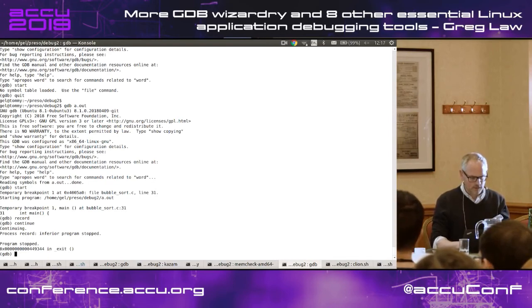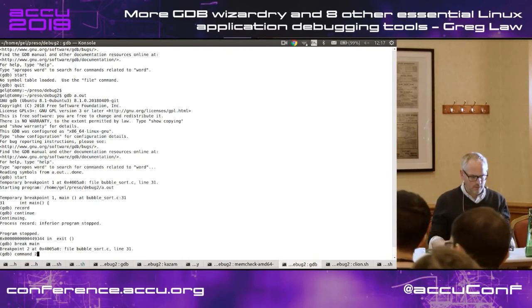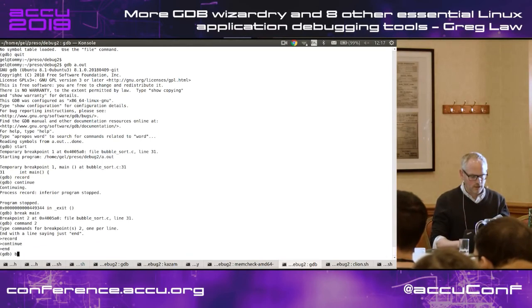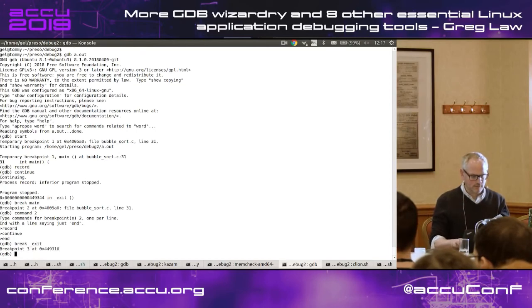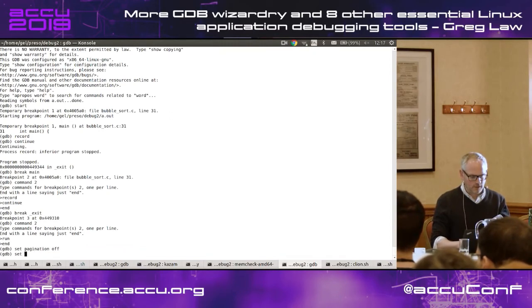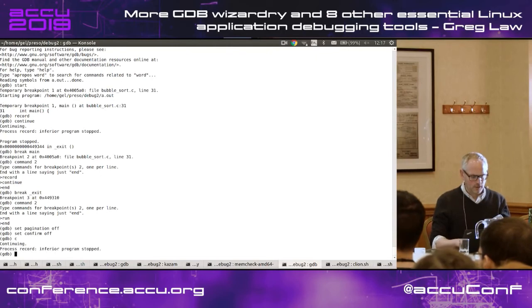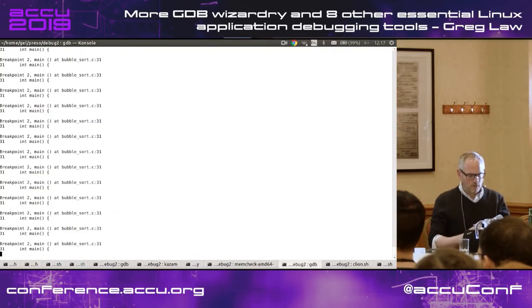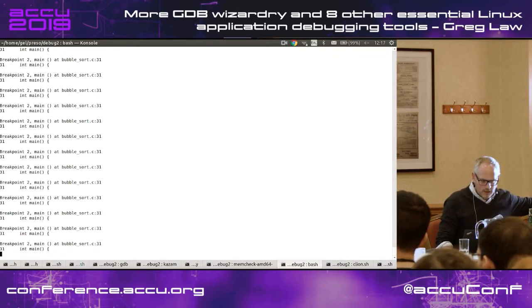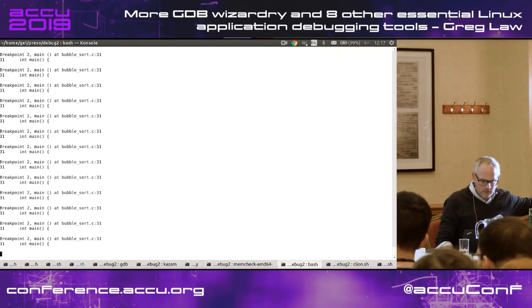So I want to script this. I'm going to put a breakpoint on main, and do some commands on that breakpoint, which is to enable recording and continue. I'm going to put another breakpoint on exit, and put some commands on that, which is just to rerun the program. And I'm going to make sure I've got pagination off, and confirmation off. And then I'm going to continue, right? What this is going to do is just run the thing again and again and again while it can with recording. And if we wait long enough,